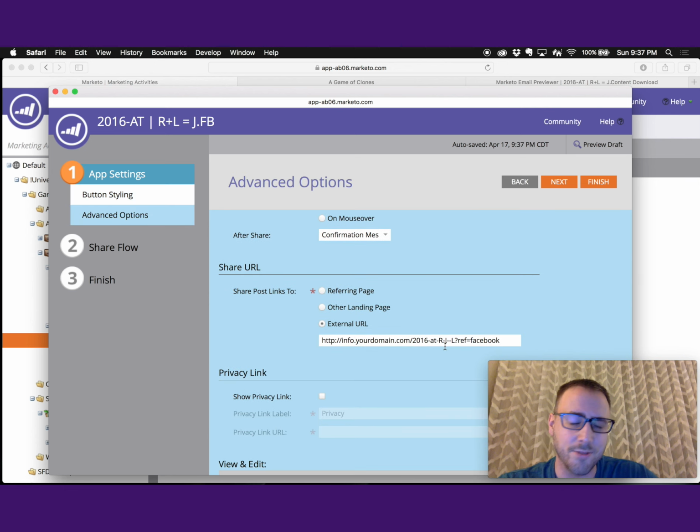Now here, unfortunately, tokens just don't work, so you've got to update it every time. This is something that I hope Marketo changes in the future. What I'd like to do is just drop a token right here for the landing page link. But what I have my team do is just simply come in and paste their landing page link in here and